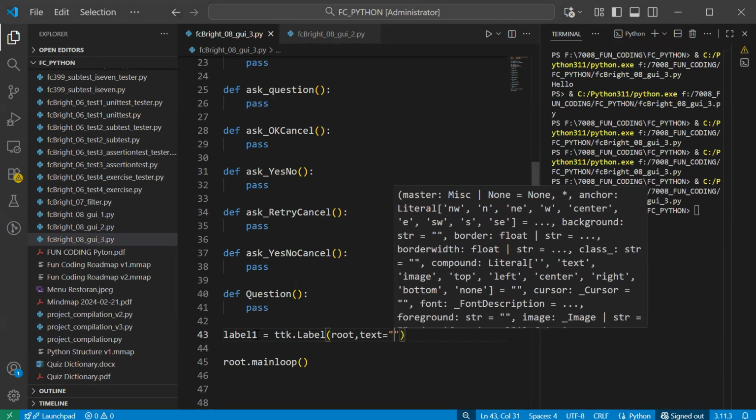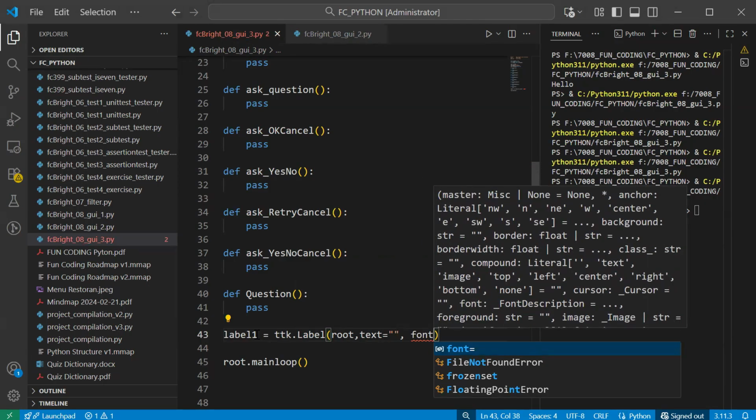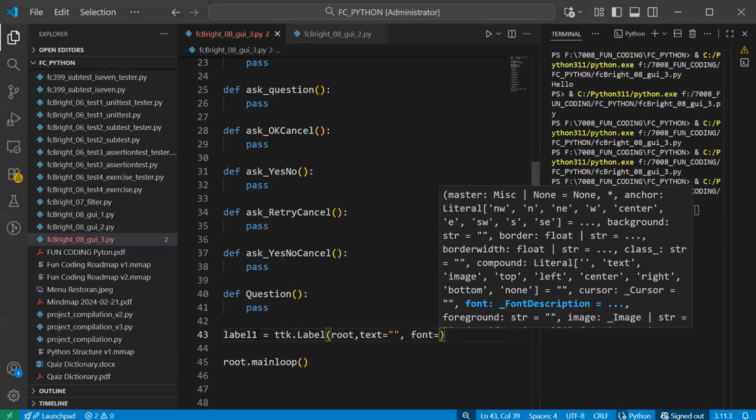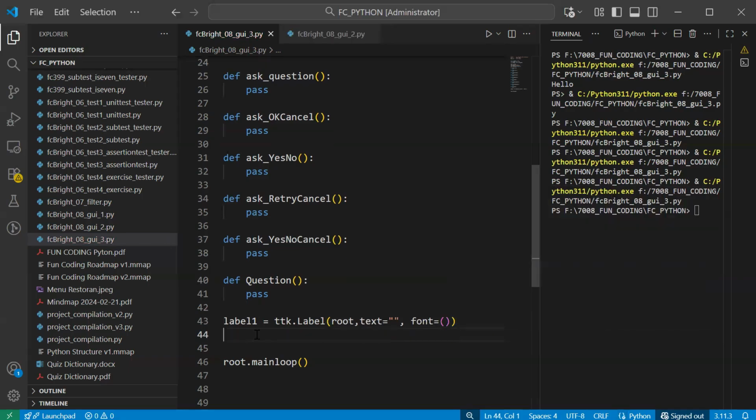Also you can put the font size. The font should be like this. I think this is complete. The font together with the size, together with the type and the font face.